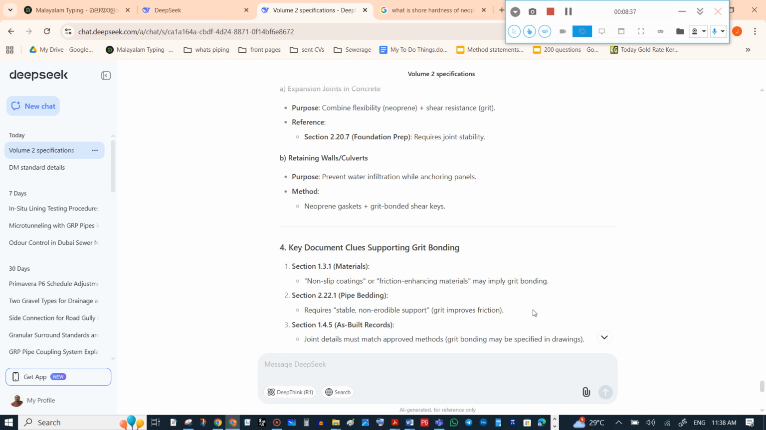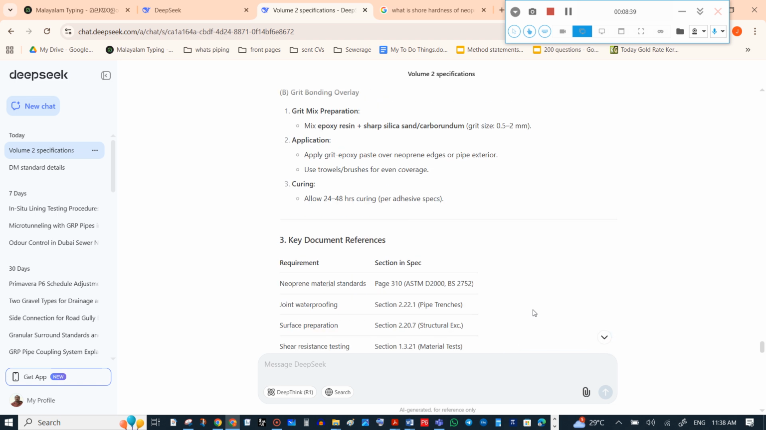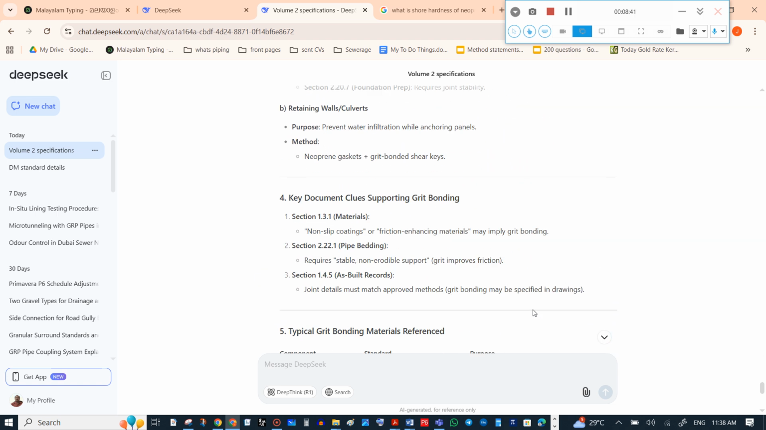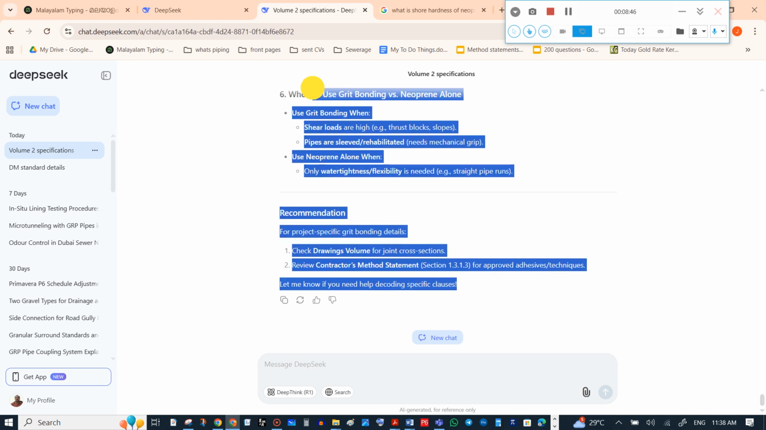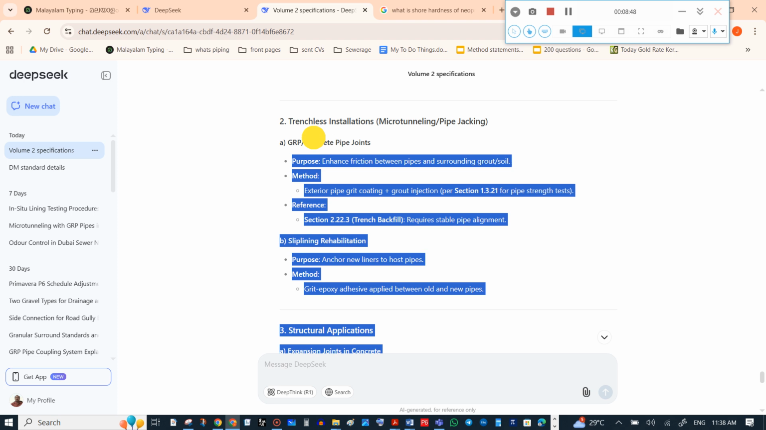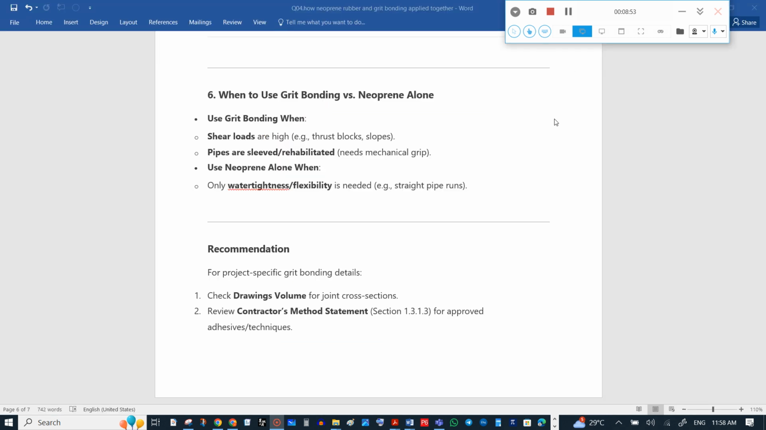This will be copied and pasted in the Q04. Then it will be more easy. So also we need to add here how we are testing this